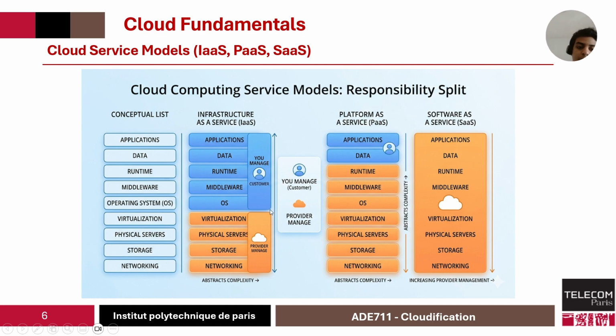Let's take an example. In AWS, they have a service called EC2. When you create an EC2 instance, you don't actually manage the physical server or the networking or even the virtualization. All you manage is the operating system used in that instance, for example, middlewares, data, and applications that you can use there. So it's an operating system dedicated for you, and it's up to you to manage all of that.